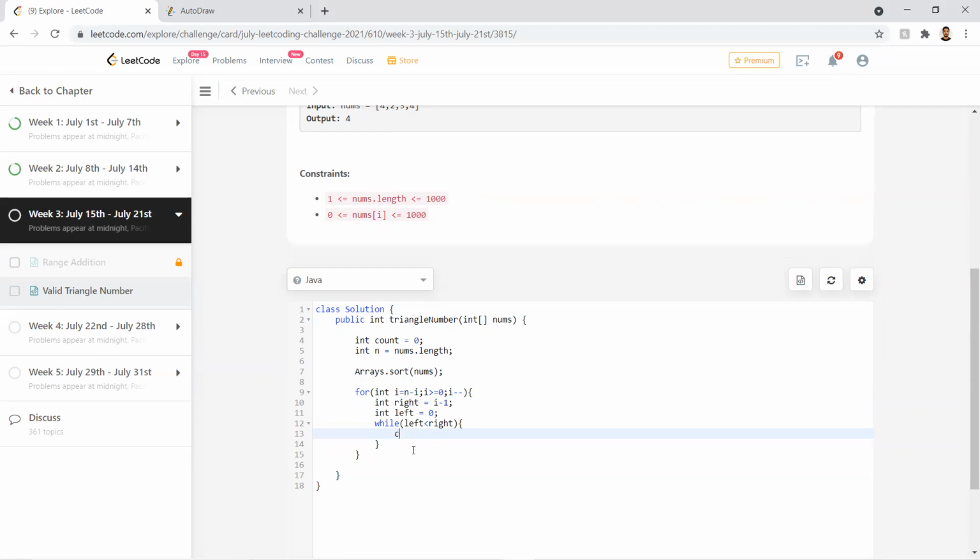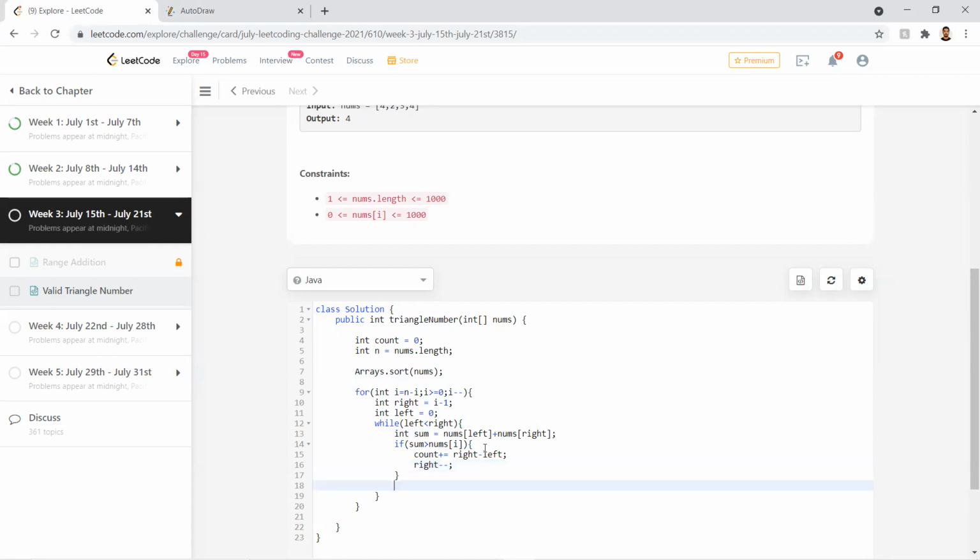Before that, I need to check the sum of this left and right. Then if the sum is more than the last, ith element, we'll add to the result and we'll decrease the right.